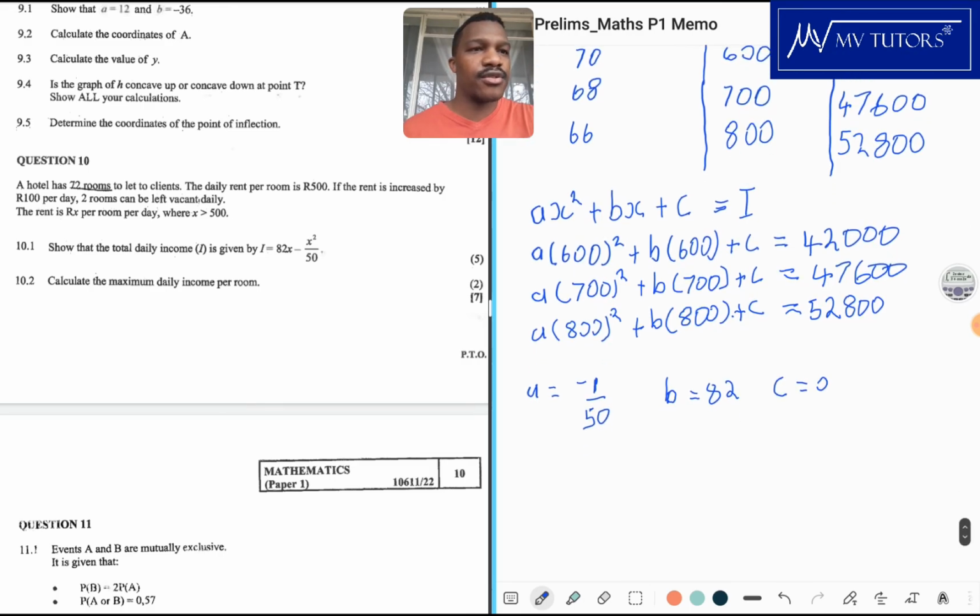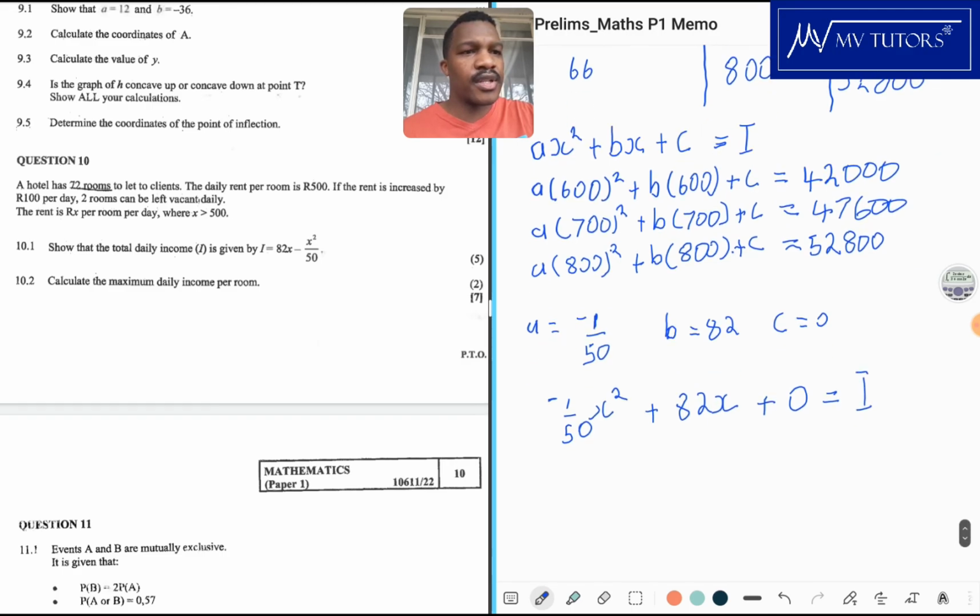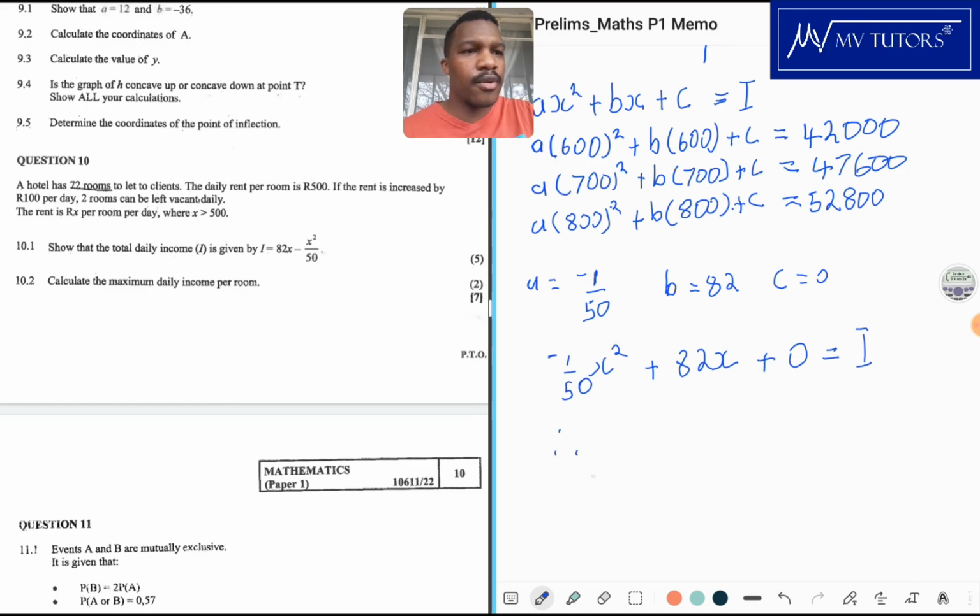So now that I have these values, look at this. A is associated with x squared, so I know it's going to be 1 over 50 x squared, plus b, which is associated with x, so it's 82x, just like that, and then plus c, which is equal to 0. That gives us our income. Then I can conclude. When I conclude, I want to rearrange this in the way that I have been given. So I is equal to 82x minus